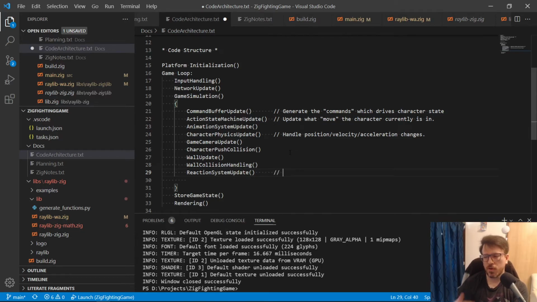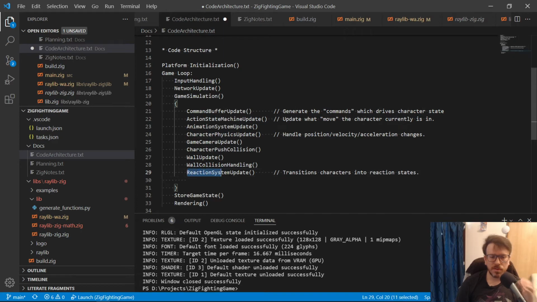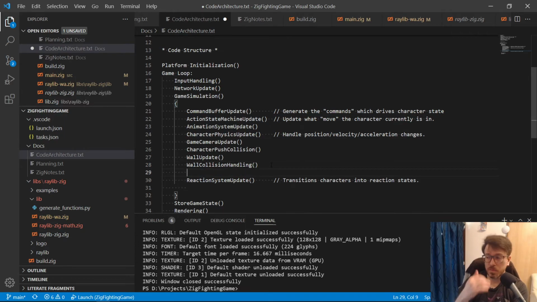So this is going to force, say, a player into a reaction state. So it transitions characters into reaction, so that we'll see a change in their state this frame immediately. We still haven't put the collision in though, so we'll put it right ahead of it. We might change the position in the pipeline later, but for now we're just going to put character attack collision here.